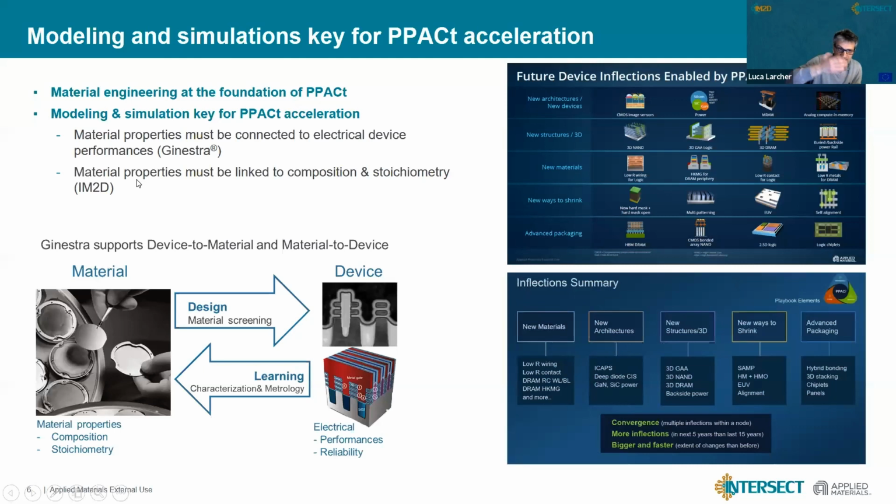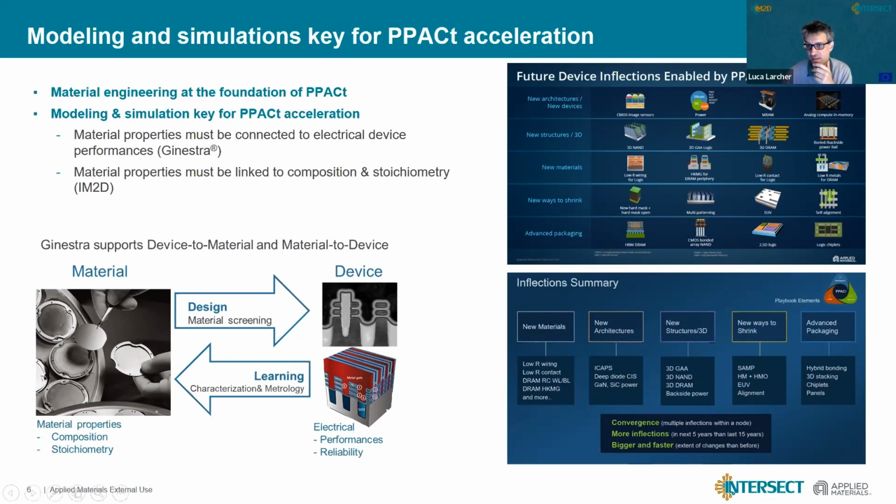We need to connect the material properties needed for the electrical modeling to the material compositions, the material stoichiometry, including the presence of defects and stuff like that. This is really key. And I think that the combination of these two can really represent a sort of backbone for the strong acceleration of